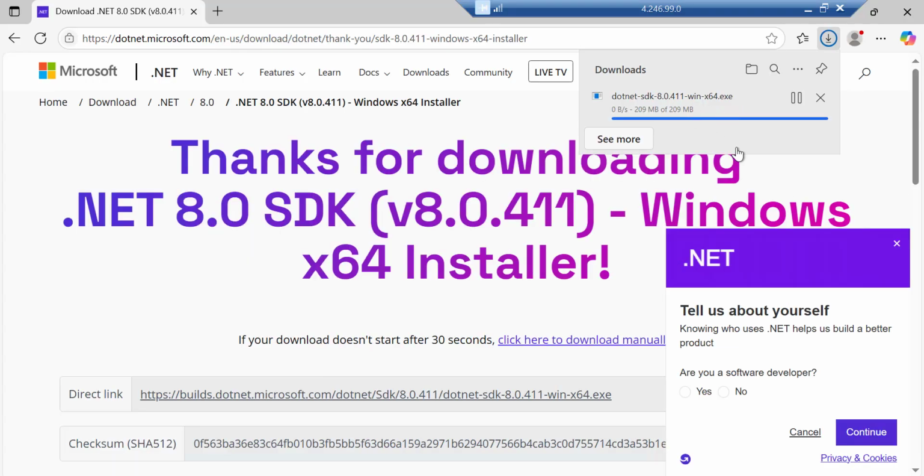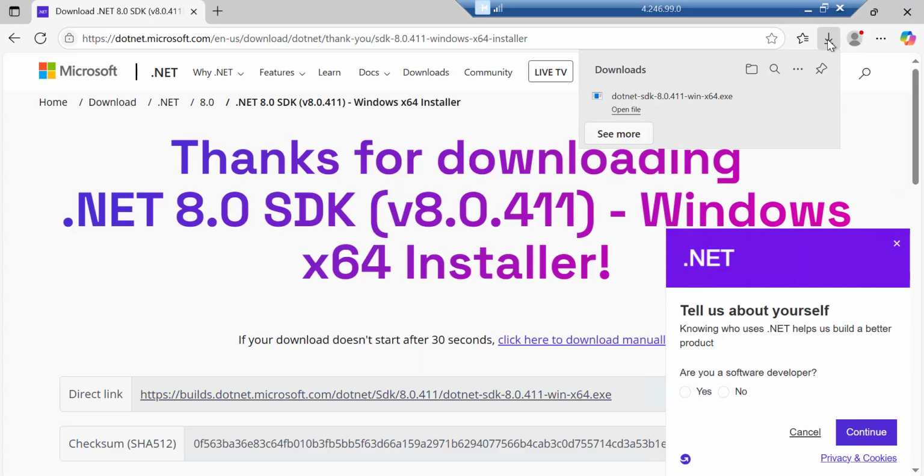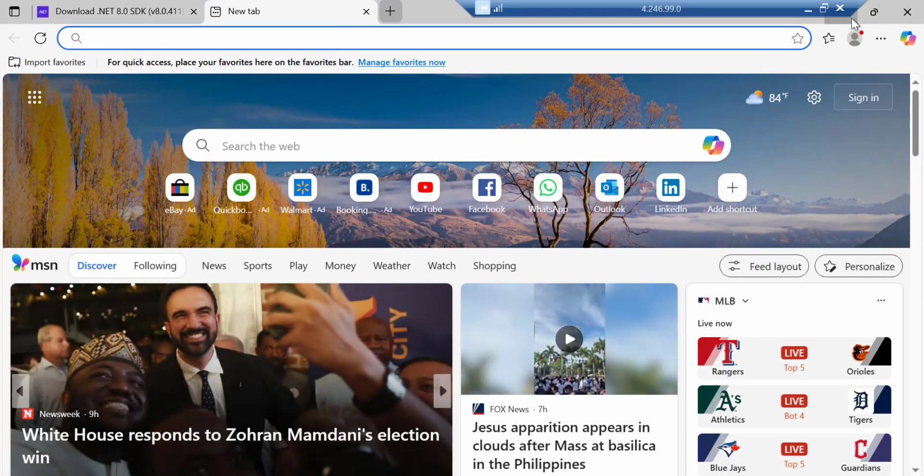So now it's downloading. It has downloaded. I will click on it to install it. So now the .NET Core SDK 8.0 has been installed in our VM. So our pipeline that runs in our agent can now use the .NET Core CLI commands. It can use the .NET Core restore and build and test commands. Okay, so what's missing now is installing Docker Desktop on our VM.